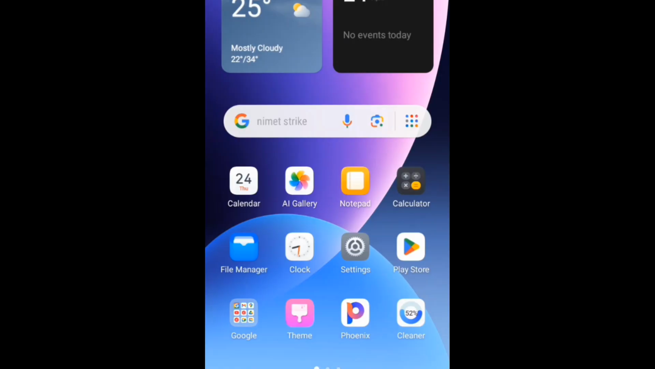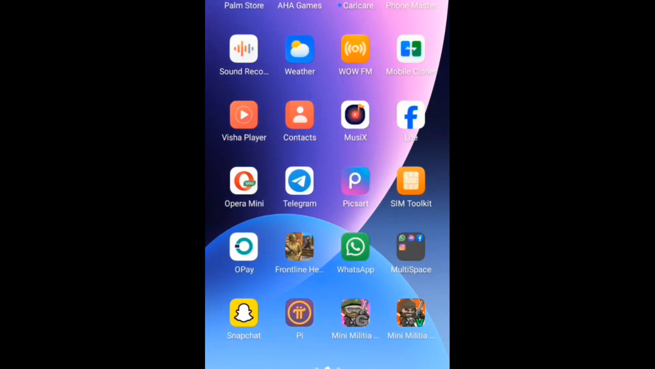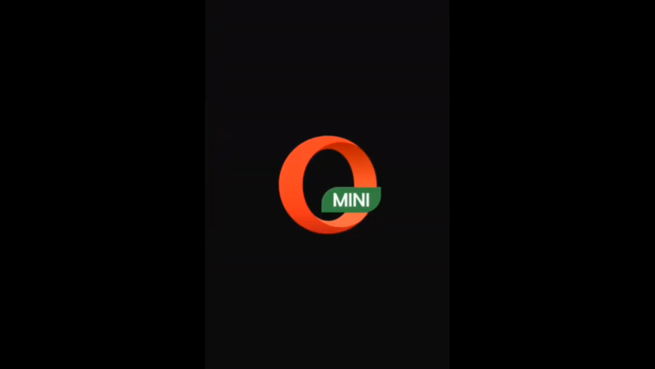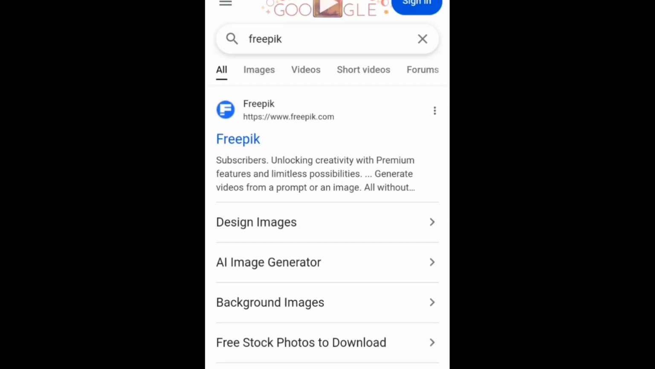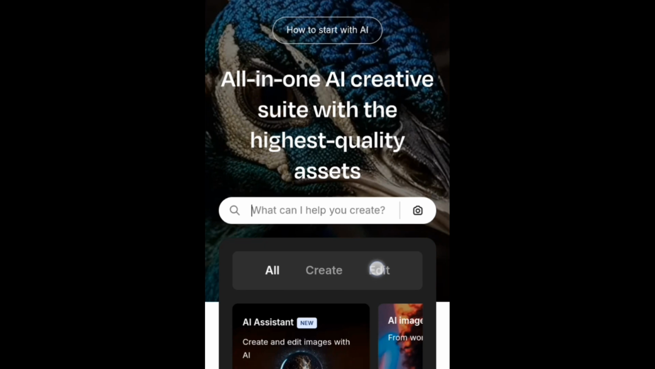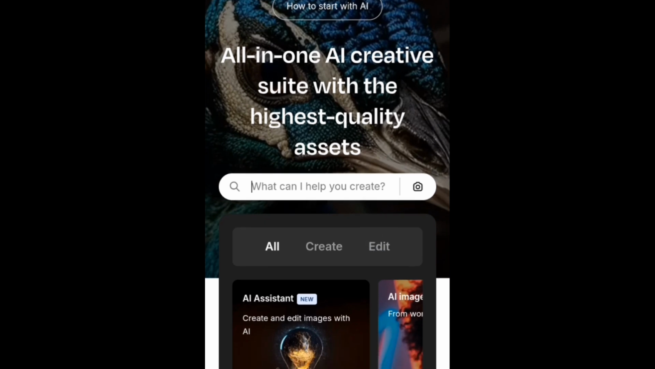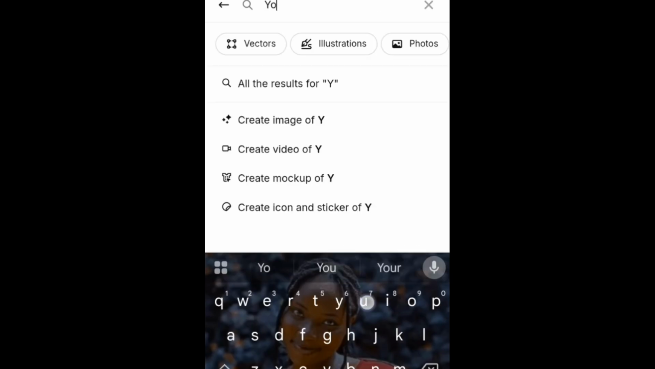So in this video I'll be teaching you how I went from this to this. The first thing I did was to go to my browser. Let's go Freepik. Then you click on this first one here that appears on my screen. Then you see this place, it says what can I help you create. You tap on it to search, and you search for YouTube